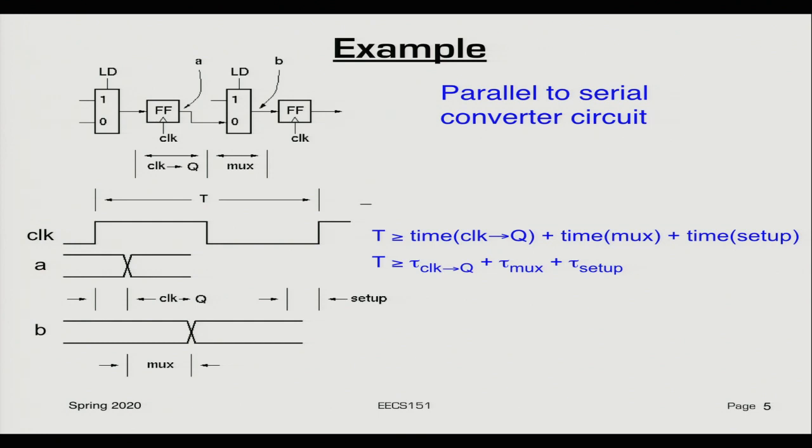What I'm looking for here is the time associated with either loading a new value in or moving values to the right. You can see, here's the clock, here's the signal A. When the rising edge of the clock happens, the A value will change sometime after the rising edge of the clock, and that's the clock to Q time, right there. Then there's some delay through the multiplexer, right? And so here's the B signal on the other side of the multiplexer, and that's changing here. This time, between the change at the input of the multiplexer to the change at the output of the multiplexer, that's the mux delay,